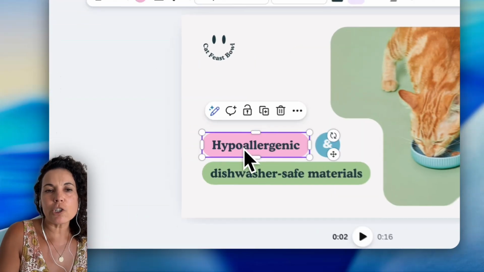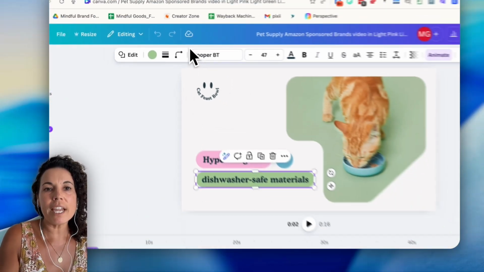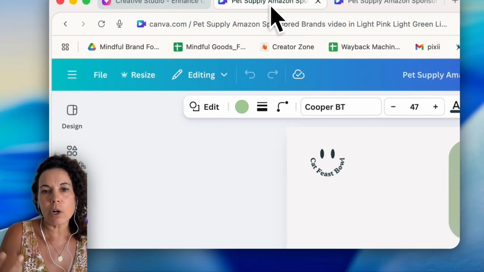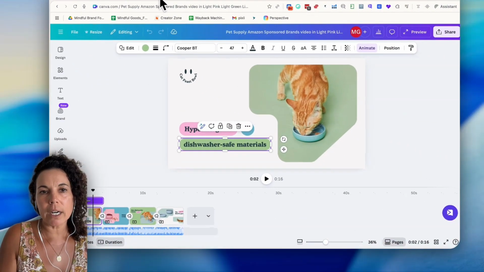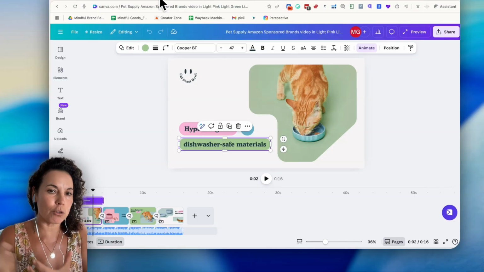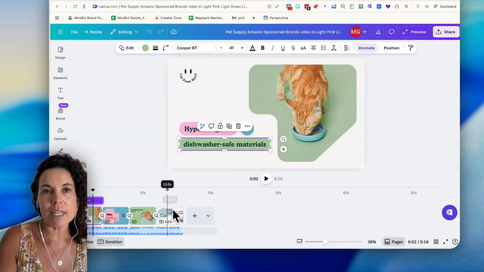And then I can easily change these graphics. You can do a lot of this type of editing inside of the Creative Studio. I just personally wanted more control and I wanted to move a lot quicker. I didn't want to go back and forth with the chat. I got the clips that I wanted. For me, it's just easier to drop them into a template, make these quick adjustments, and then I ended up